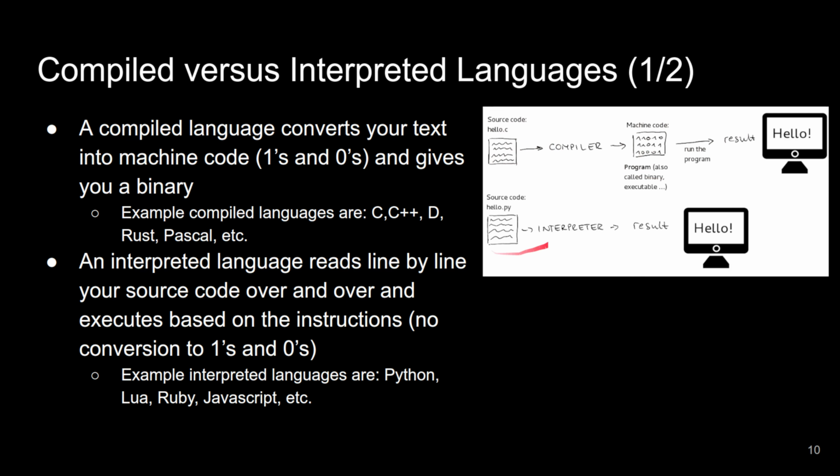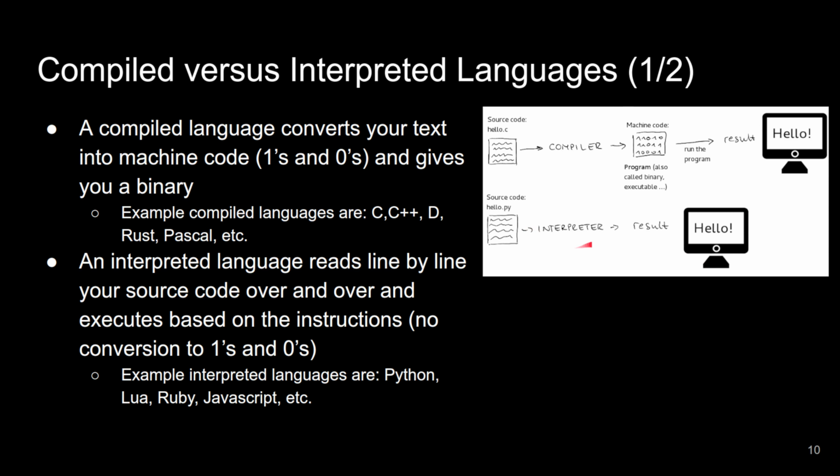Now, other languages like Python, which many of you have used, I know folks in the data science program who have taken DS 2000 or 3000 have used Python. But if you've used JavaScript or any of these other scripting languages, you just have this interpreter stage that reads your lines of code, interprets them, and then gives you the result directly. So there's not this compilation stage here, okay?